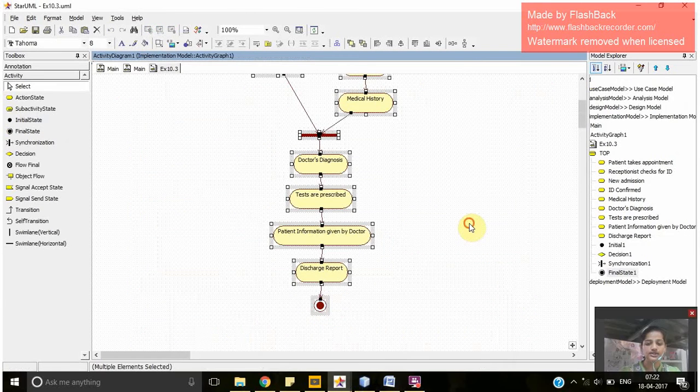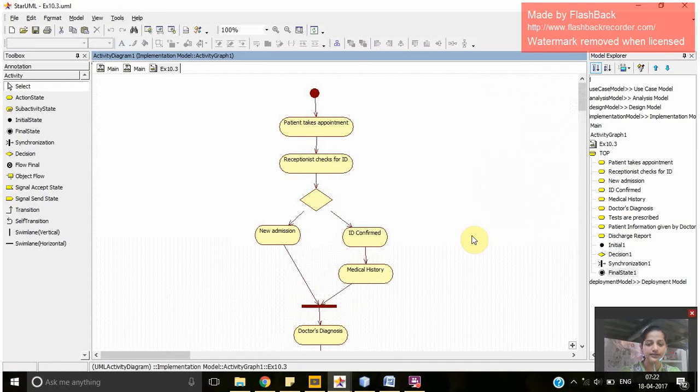The last one is an activity diagram. This is the initial state from where it all starts. Now the patient takes an appointment by referring to the receptionist, and the receptionist checks for the ID. If the ID is already available, then the ID will be confirmed and the medical history will be retrieved from the staff and given for the doctor's diagnosis. But if the person is a new admission, that is, he doesn't have an ID, then a new admission will be given